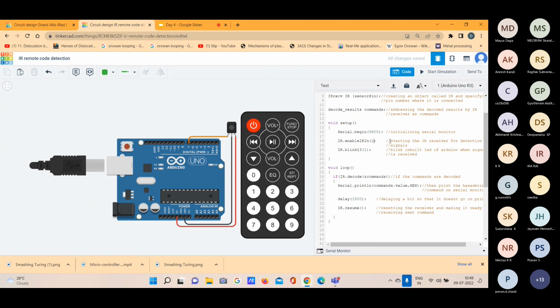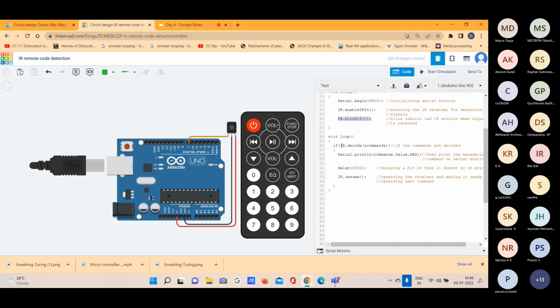Enable IR in. So this we will do for initializing the receiver for receiving the IR signal. Also, this function does the work of blinking the LED on Arduino after it receives an IR signal from the transmitter. So yeah, in void loop,